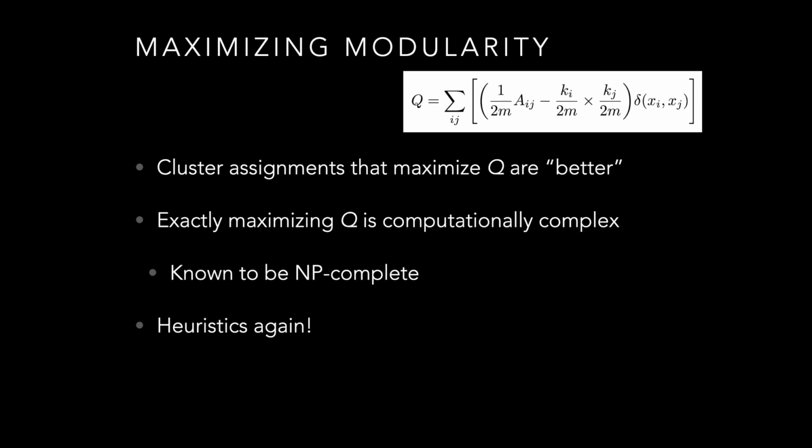In some cases, even more complex than the partitioning case, because in the partitioning case we have a known, pre-specified value of k, and how many partitions we have. Here we don't necessarily know how many clusters we have, so this is going to be a very difficult thing to do exactly. So instead, the vast majority of the time, we rely on heuristics for doing